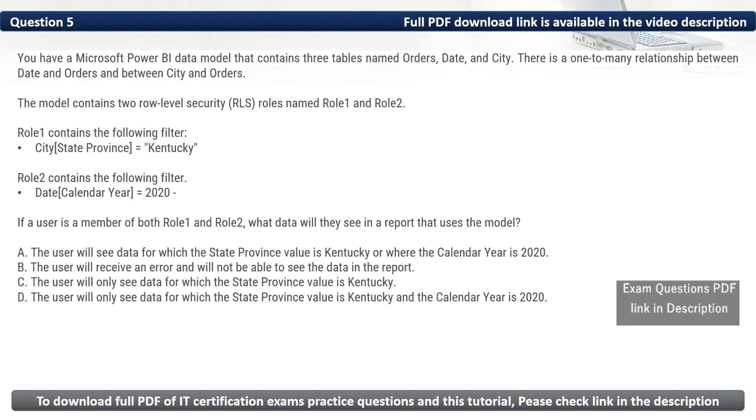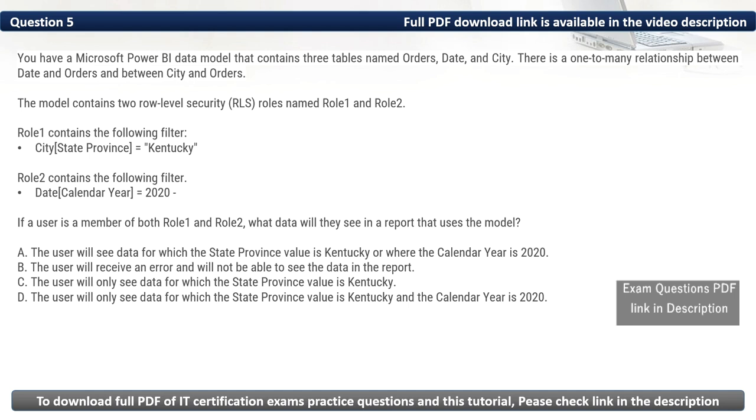Question 5. You have a Microsoft Power BI data model that contains three tables named orders, date, and city. There is a one-to-many relationship between date and orders and between city and orders. The model contains two row-level security roles named Role 1 and Role 2.